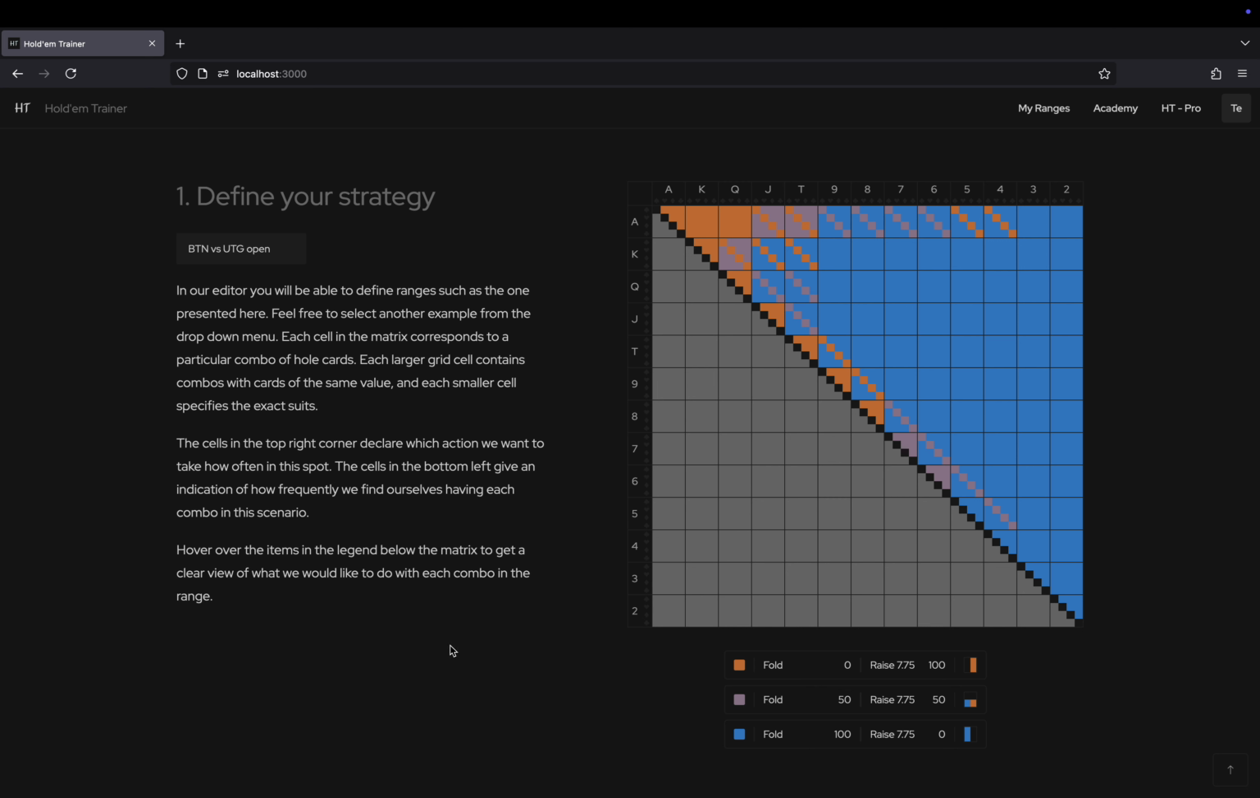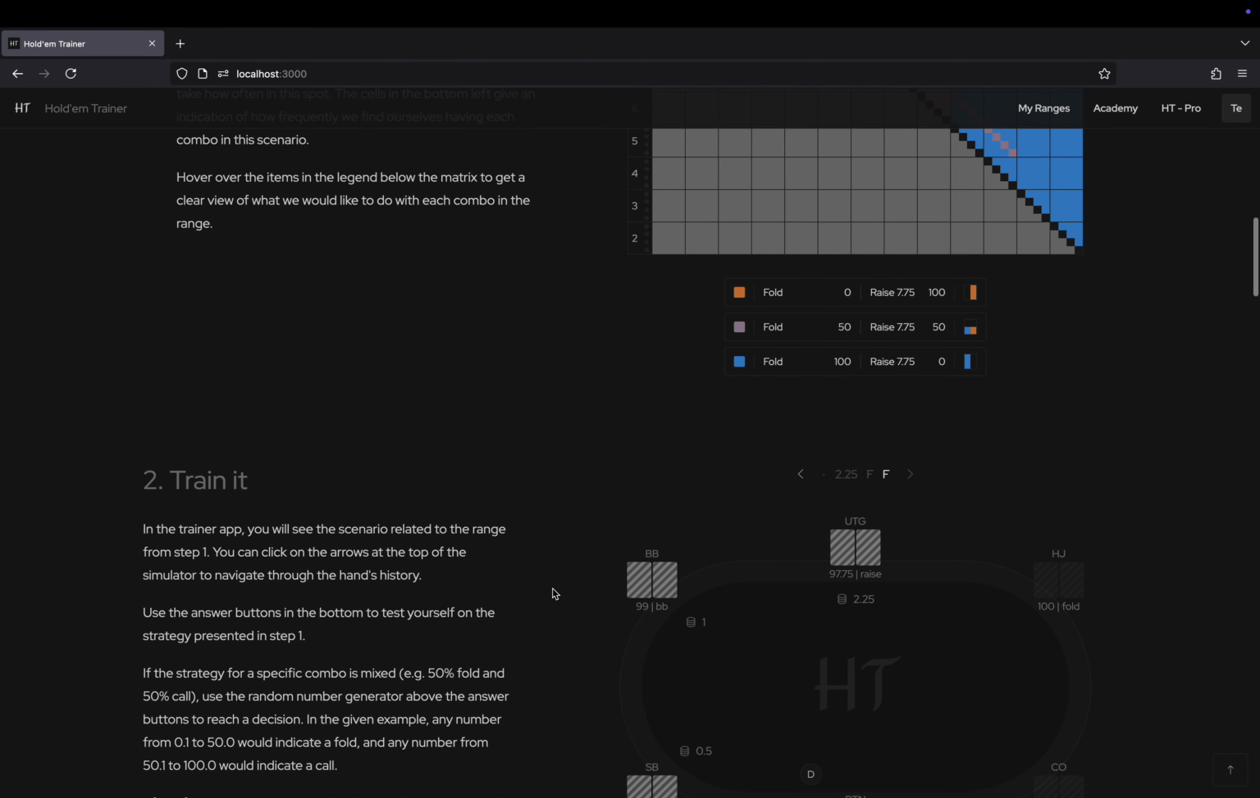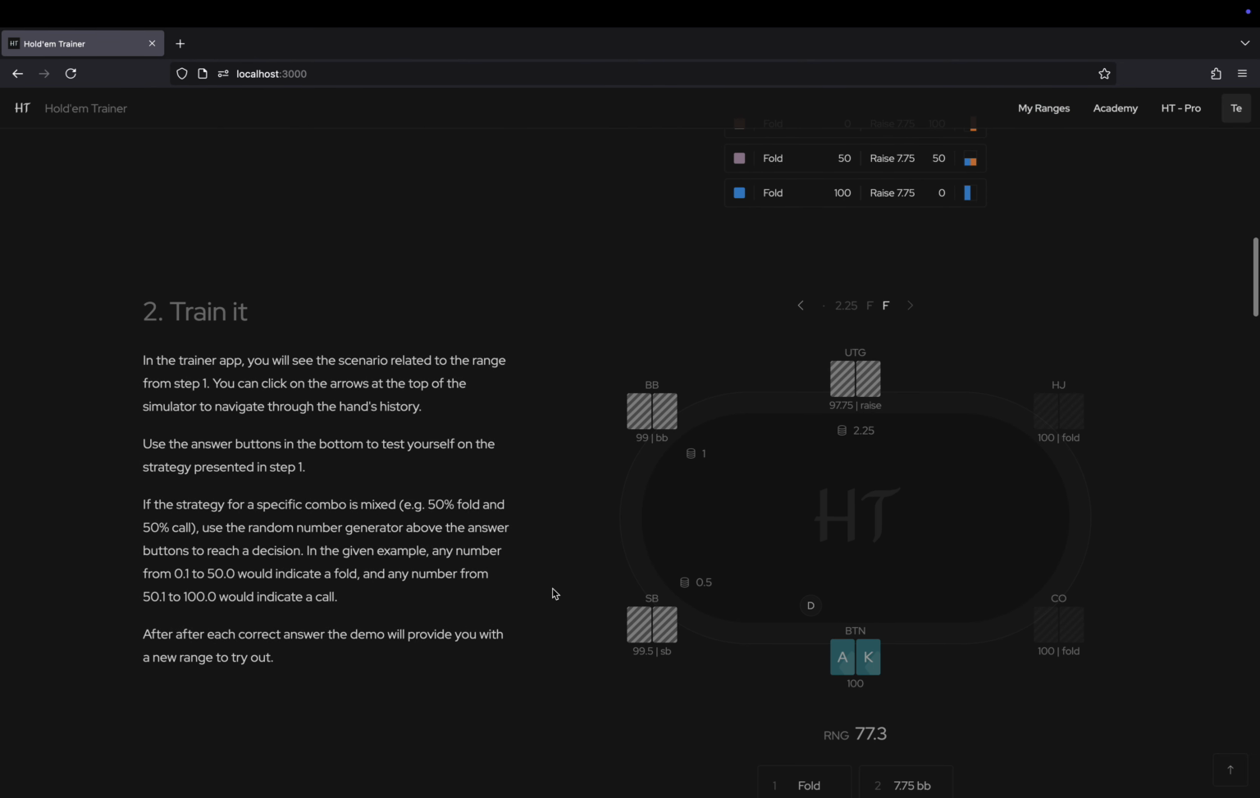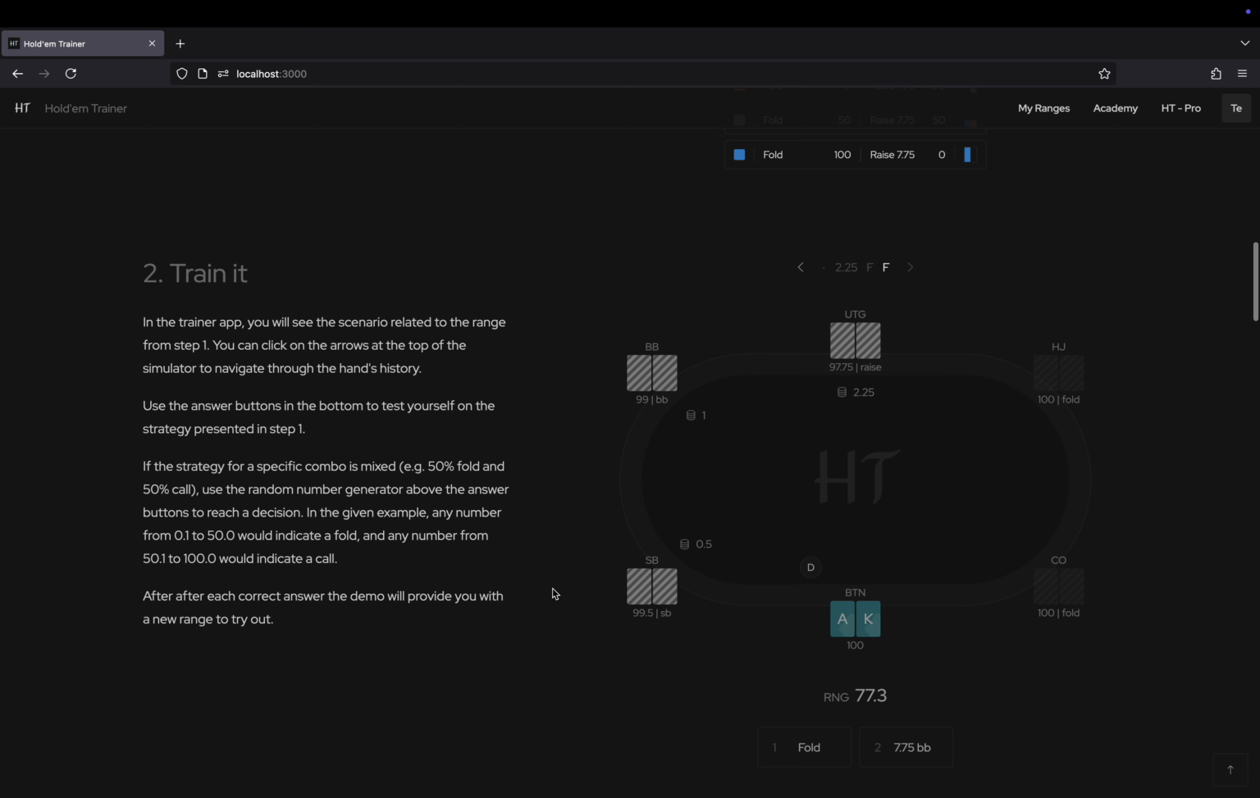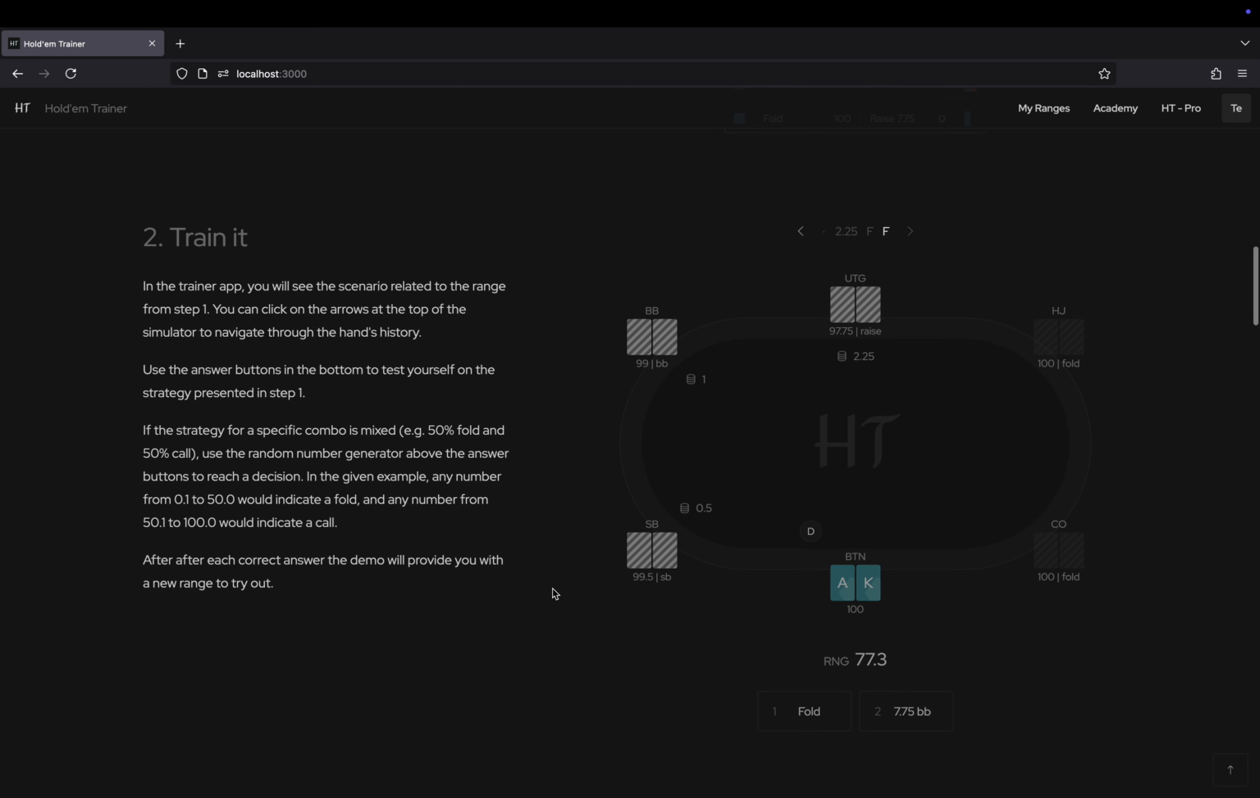So, for example, I'll go into this later, but this would be a strategy in a certain scenario in the game. And then Hold'em Trainer provides you with this kind of simulator where you can practice your strategy. So what's the purpose for this? The reason that this is a useful thing is because